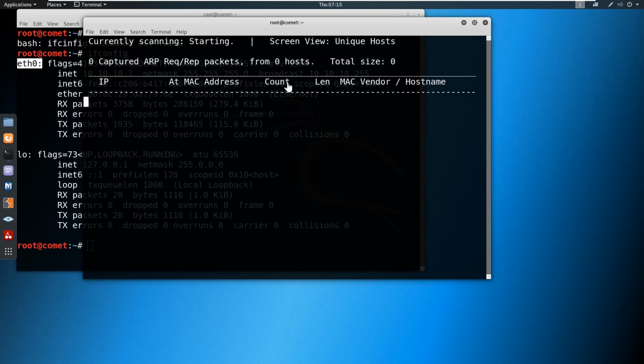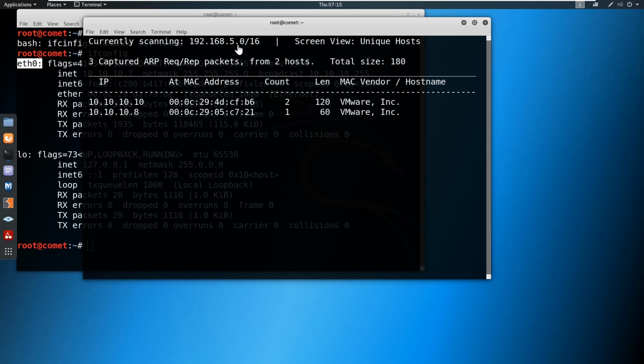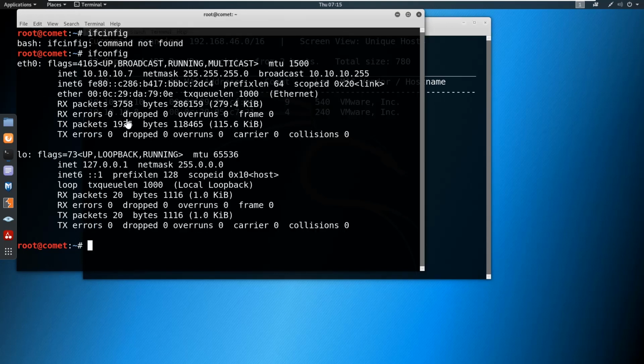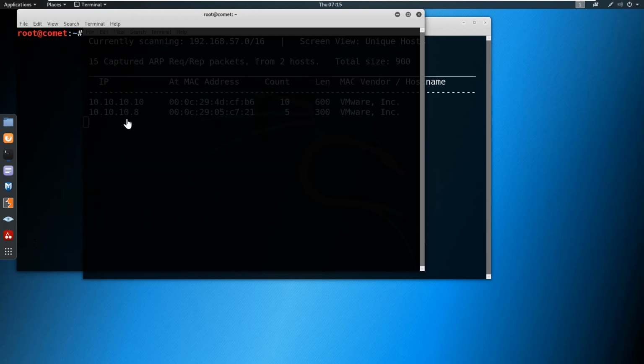When you press enter, you can see it is scanning all the subnets one by one, and it is getting some information. It is able to find these live IPs. Obviously, when you're scanning the entire network, it will take some time to complete this command. So in the meantime, let me use the same command with another option. Let me clear the screen. Again, I use the netdiscover command.